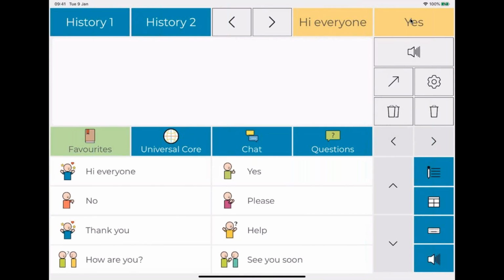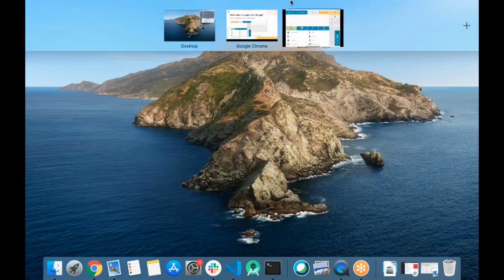And you can see my new phrase right here. So this is how to bank a new message from the app directly. Then let's go back to the presentation.